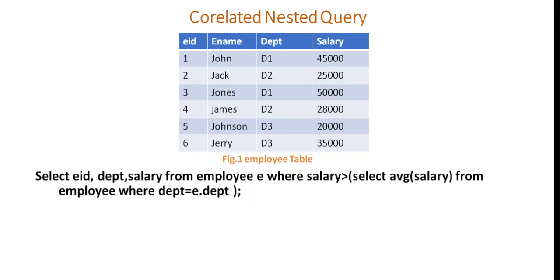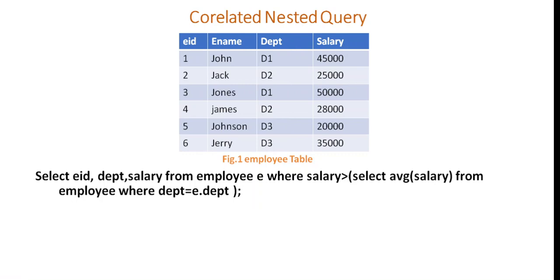Okay, the same procedure will be applicable for D2. Now in the second row we have department D2. Compare this D2 with the third row, that is D1, it is not equal. Compare D2 with the fourth row. In the fourth row we have D2, which means it will take the average of these two values, 25,000 and 28,000. That will be the average value for D2, and same for D3.